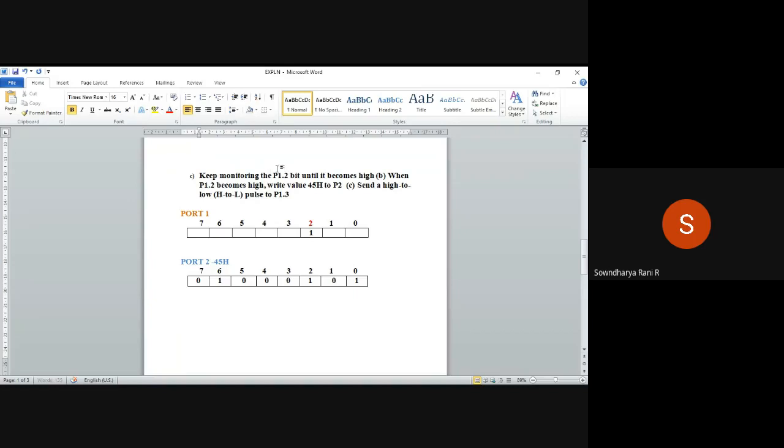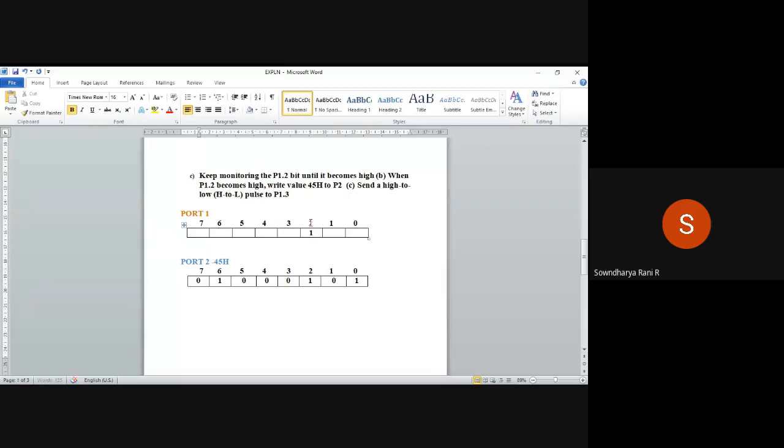You are going to monitor the second bit of port 1 until it becomes high. So you have to continuously monitor this bit P1.2, right? That is A. B is when P1.2 becomes high, write the value 45H to P2, right?